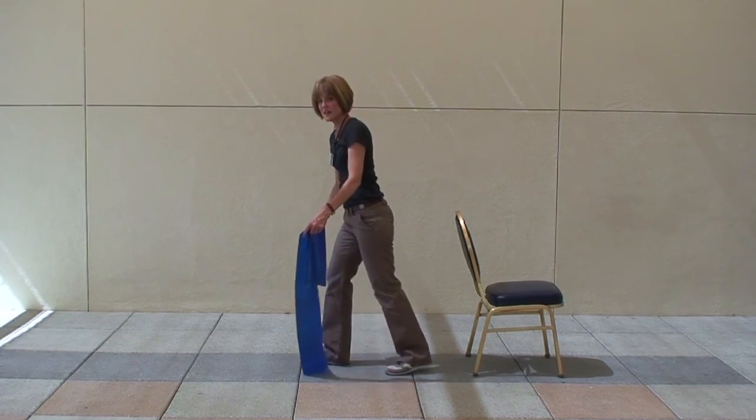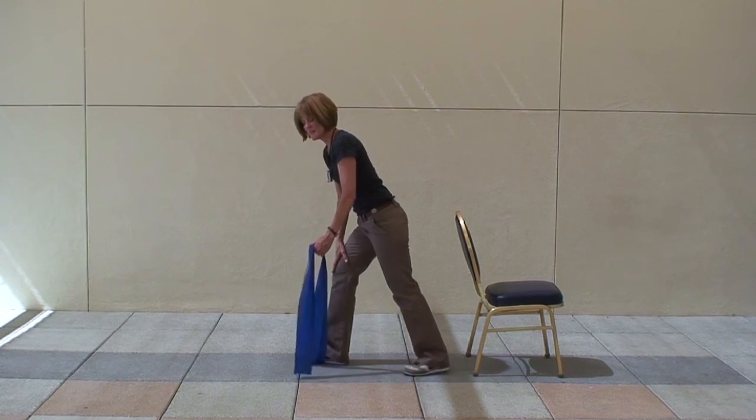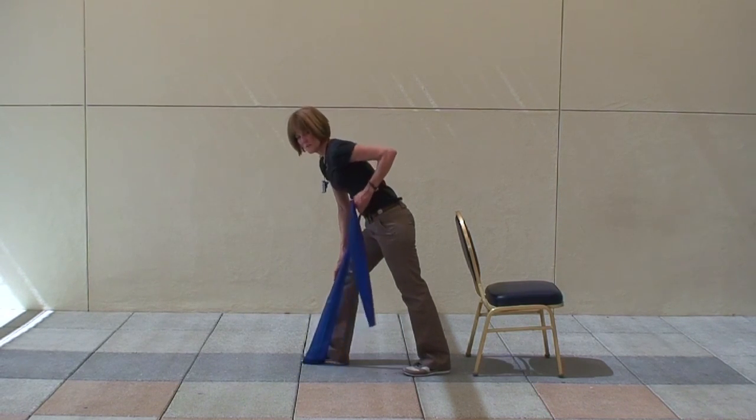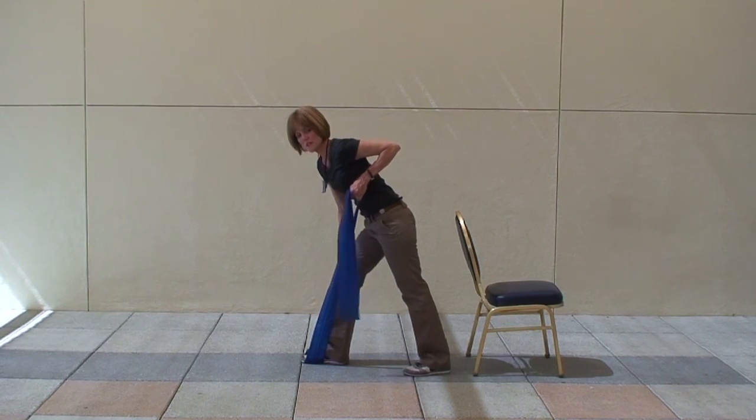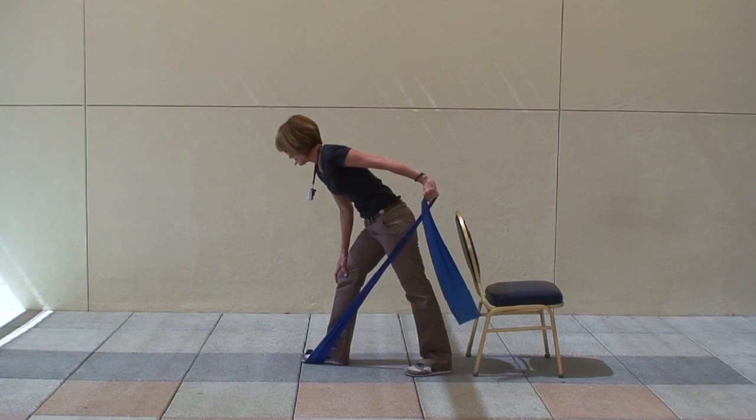Okay, then we're doing the other side. So just make sure you're working that opposite arm. And bring your upper arm into alignment. And let's begin. 1,